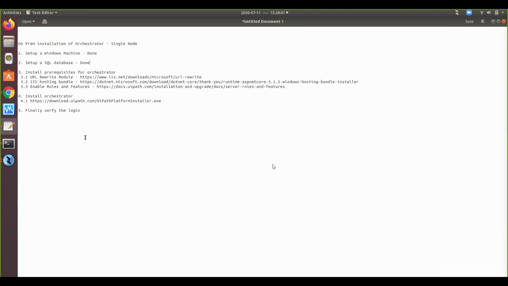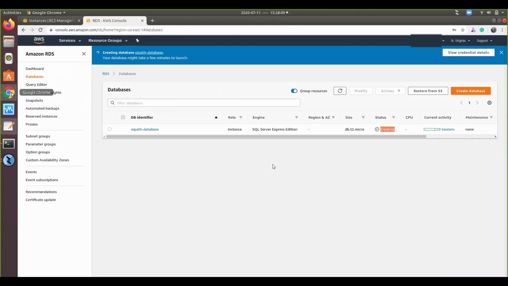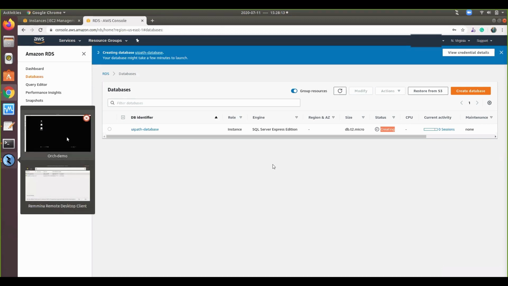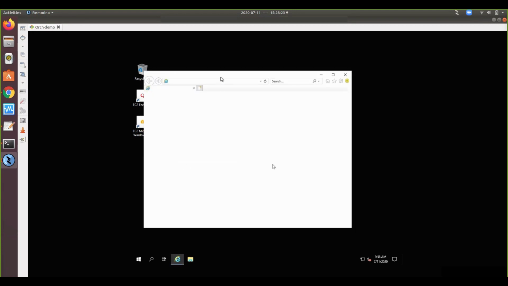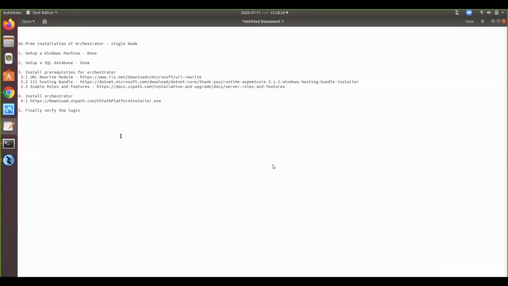Now we will proceed with the prerequisites for the UiPath orchestrator in our machine. This is our machine. Looking at the first prerequisite for our orchestrator, we need to install the URL rewrite module.